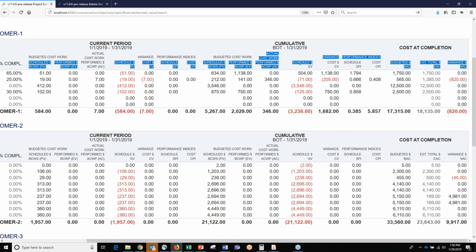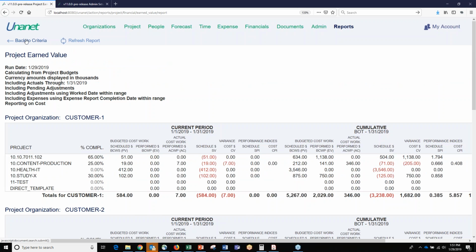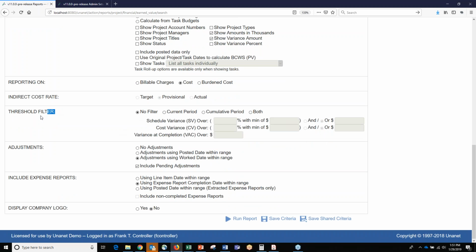And then you have the metrics from the PMI, the Project Management Institute. But most importantly, if you look at the far right column, it's basically saying if we continue at our current rate, this is how we're expected to finish. So if we can continue along at our current pace, keep going the way we've been going, this is how we're expected to finish, either under or over budget. So a lot of our customers will run this at their weekly or bi-weekly management meetings to determine where they need to focus their efforts. If we go back to the criteria too, you'll notice that you can also run this report based on some filters. So only show us things that are out of bounds by a certain percentage or a certain dollar amount.